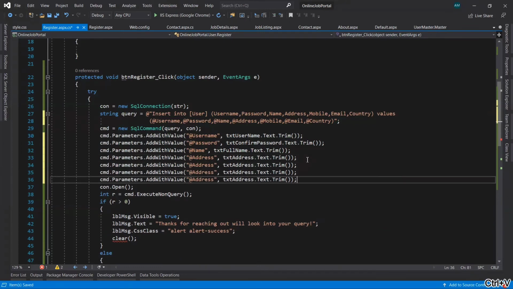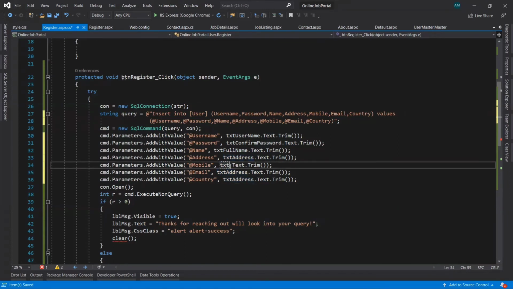One, two, three, copy, paste, copy, paste, copy, paste. Now here, instead of txtAddress, let's take txtMobile, txtEmail.